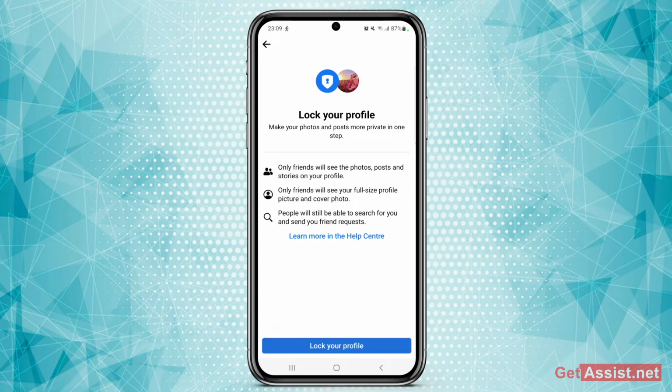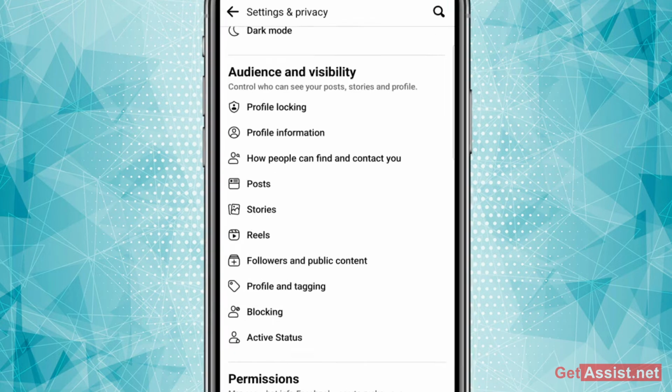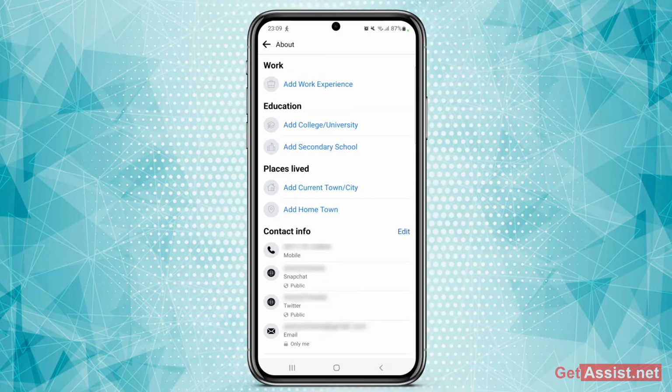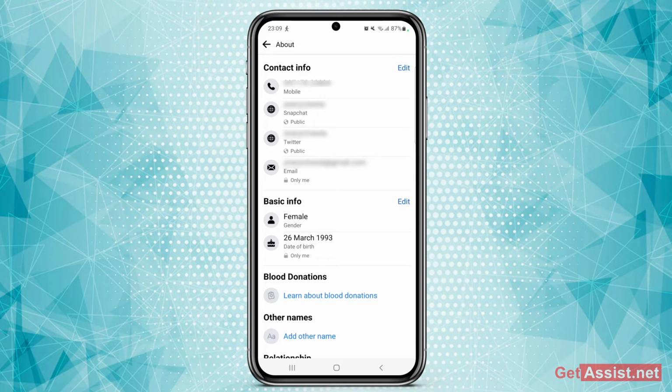So this is a one step method, but in case you want to ensure that your profile is completely private and no information is visible to anyone other than your friends, you can go back and you can see all these options one by one under audience and visibility. So go to profile information. Here you will be able to see all your contact info, your basic information like your date of birth, your other social media handles that are public or private. As you can see, the Snapchat and Twitter handles are public, so you can simply tap on them and you can make them